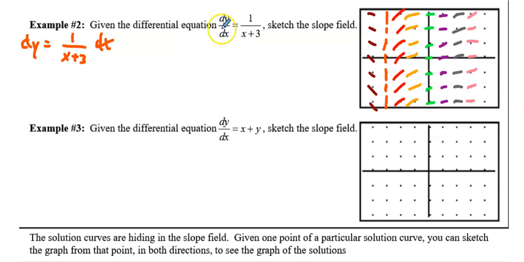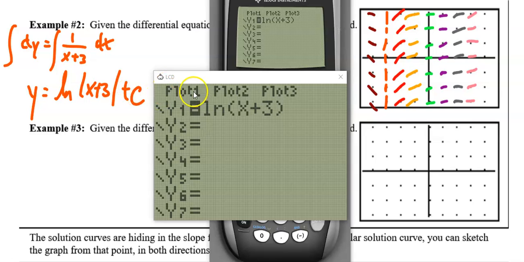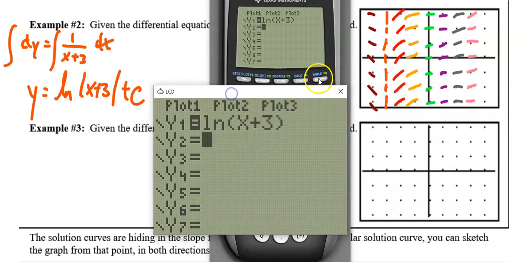So we're going to solve this differential equation by separating variables, and we're going to integrate both sides. The integration of 1 is going to be y, and the integration of 1 over x plus 3 will be the natural log of x plus 3. We would do u-substitution here if we need to, plus some value c. Guys, I want you to look at this graph and think about this for a second. Let me do one more quick thing off camera. Okay, so I went ahead and put on my graphing calculator y equals the natural log of x plus 3. And if we were to graph this,